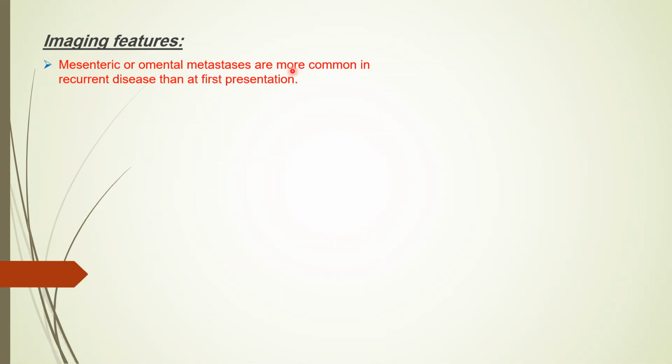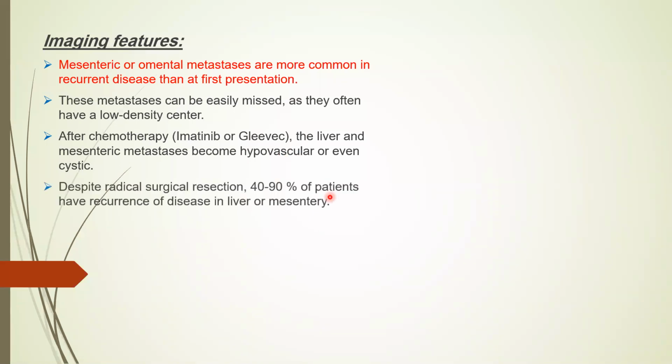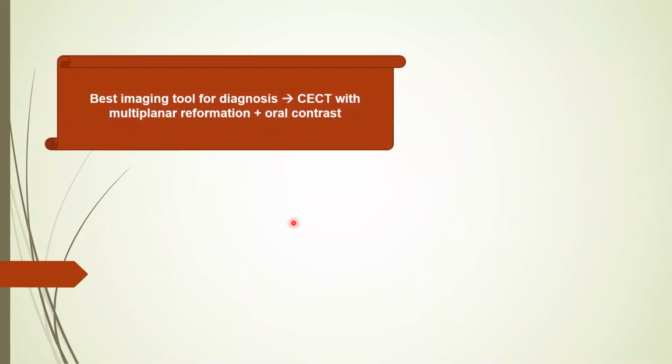Mesenteric and aortic metastasis are more common in recurrent disease than in the first presentation. After chemotherapy, the liver and mesenteric metastasis may become hypovascular or even cystic. The recurrence rate after surgery is 40 to 90%. The best imaging tool is contrast-enhanced CT with multiple